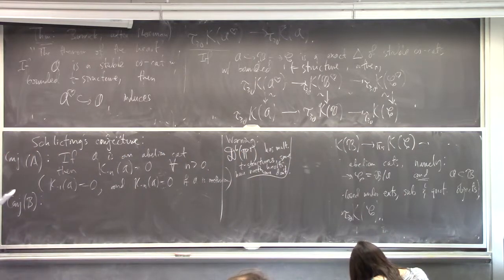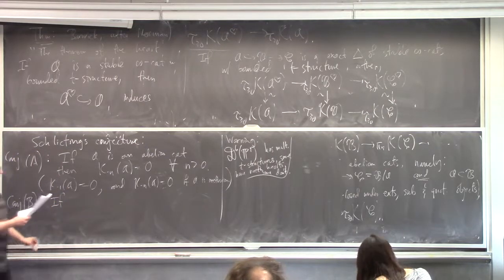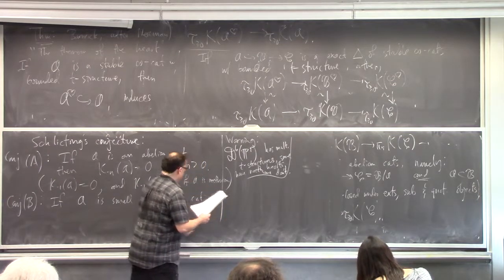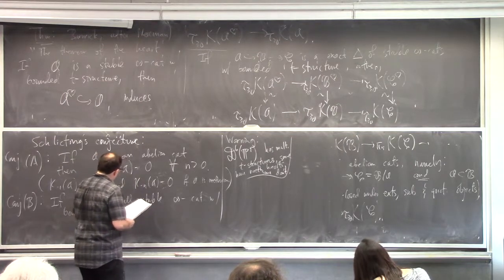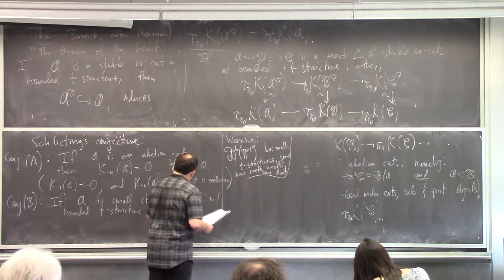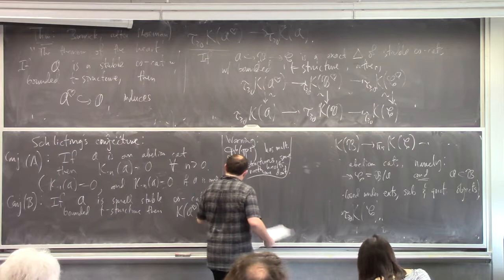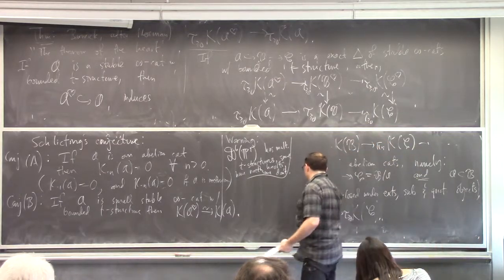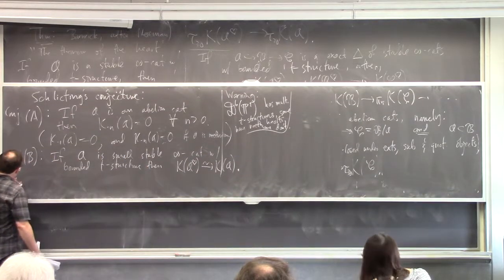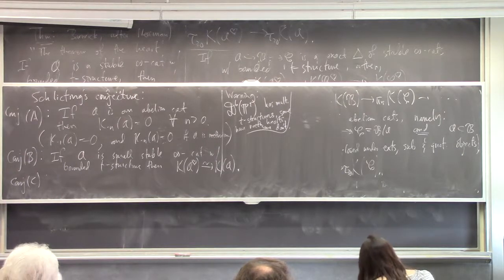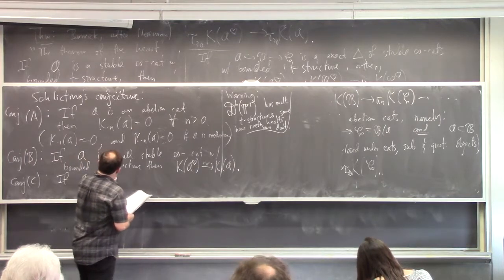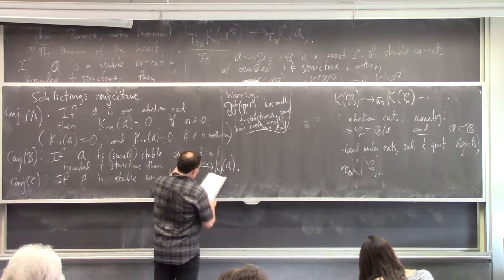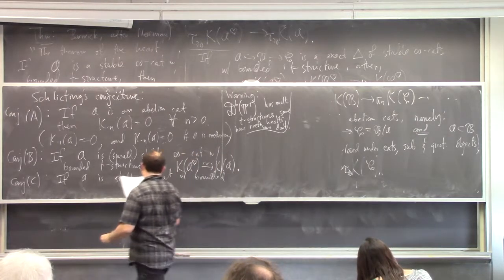Okay, so conjecture B is a direct analog of Schlichting's conjecture. So if A is a small stable infinity category with a bounded T structure, then the same map is an equivalence, but without passing to the connective bits. That's conjecture B. And then conjecture C, this is the last conjecture that I'm going to write, at least for now. If A is a stable infinity category, it doesn't really matter if it's small, with a bounded T structure. Oh,